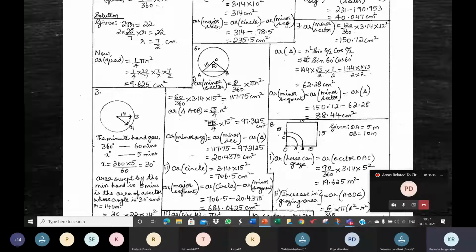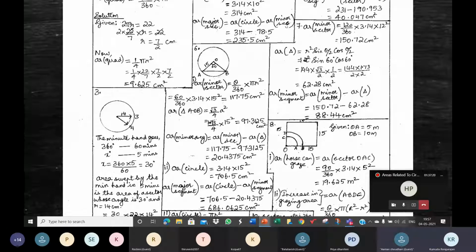Ask me if you have any questions about the 7th one. Ma'am, in the question, whenever they say corresponding segment, do they mean only the minor segment? No. Corresponding means corresponding to the angle mentioned in the question. Good question. There's an angle mentioned, right? Corresponding to that. Okay, ma'am.